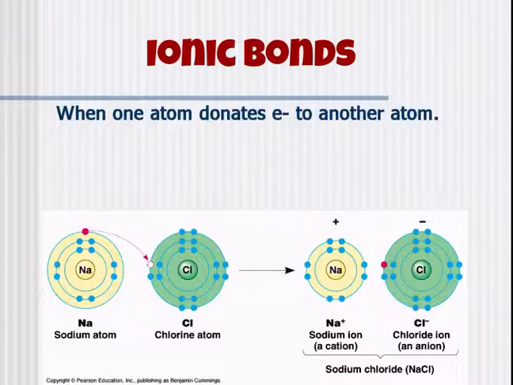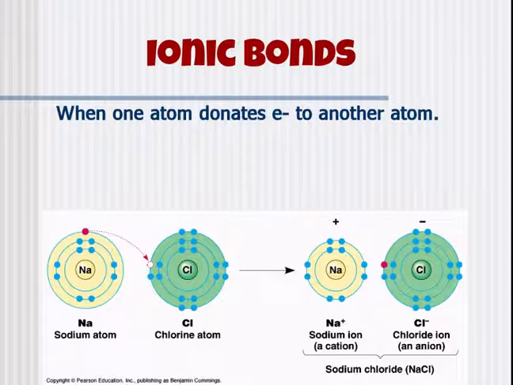Okay, ionic bonds are bonds that occur when one atom donates electrons to another atom, and that causes them to become ions. Notice in the example below, the sodium atom has an extra electron, and it donates that free electron to chlorine, which is missing an electron. It's supposed to have 8 electrons in its outermost shell. When it donates that electron,